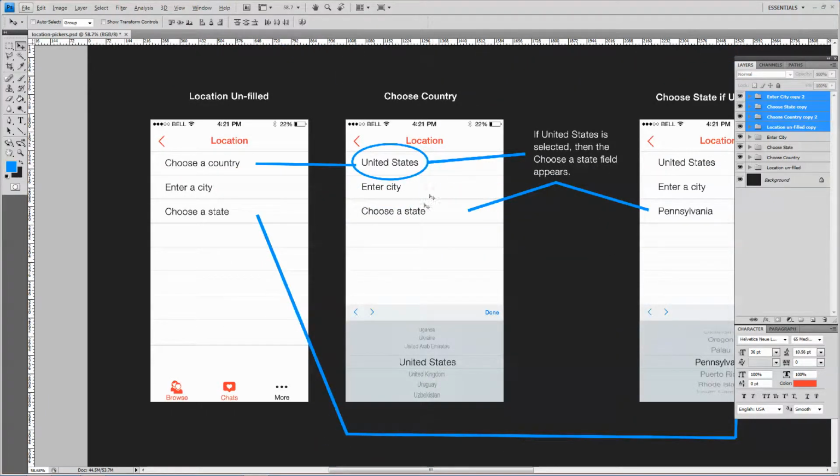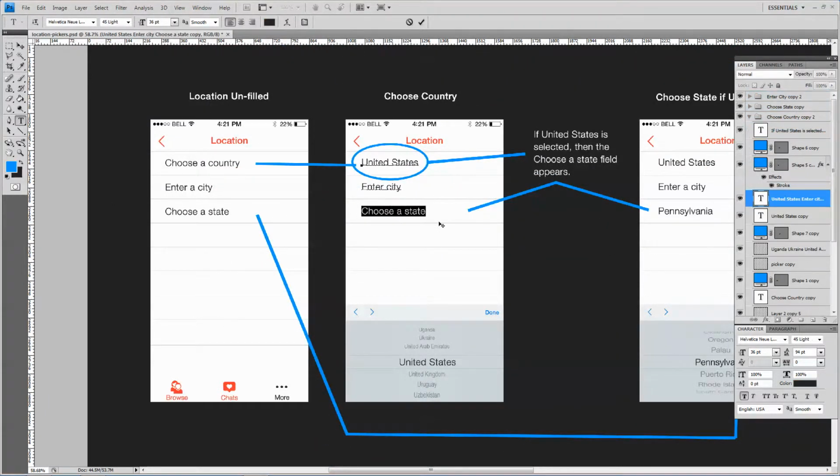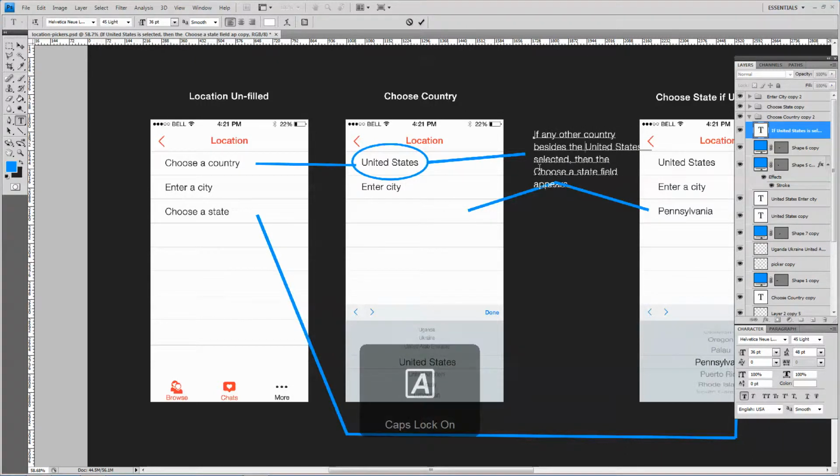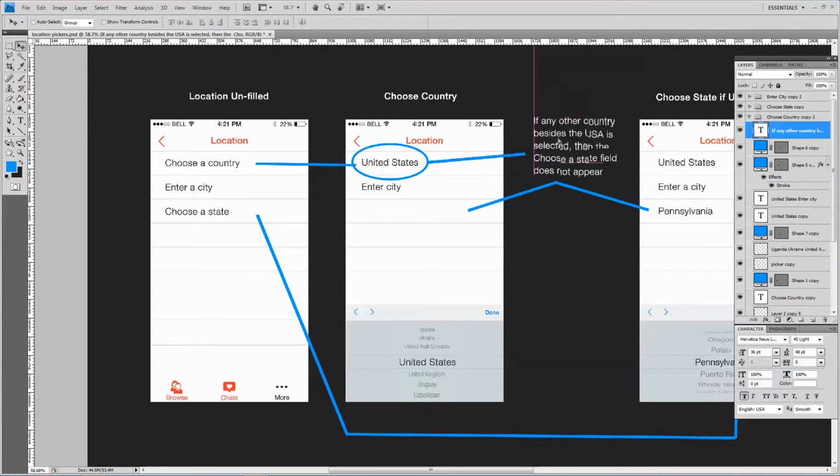So this is where we delete choose a state. Okay, if any other country besides the USA is selected, then the choose a state field disappears. Choose a state field does not appear. Let's just write it that way. And let's put in here